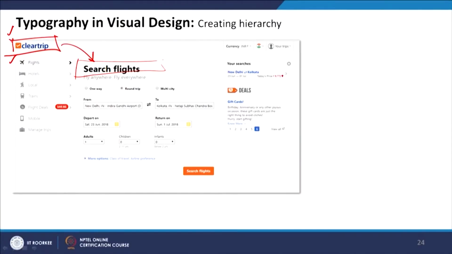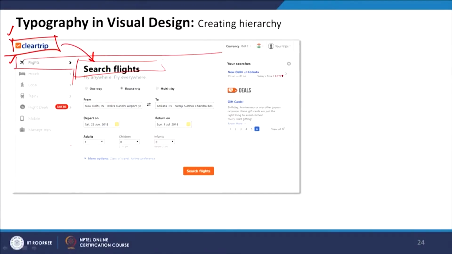The next hierarchy is this, but still it is more important. That's why the X height is more, and then it has a thickness in the information, which comes within the book flight information, and other information details which have ample amount of white space so that you